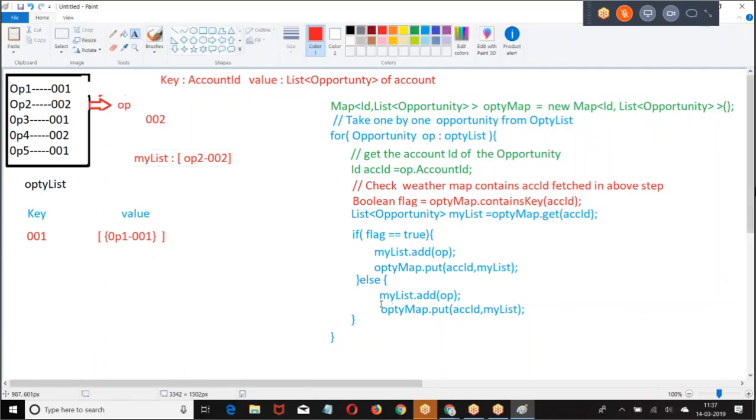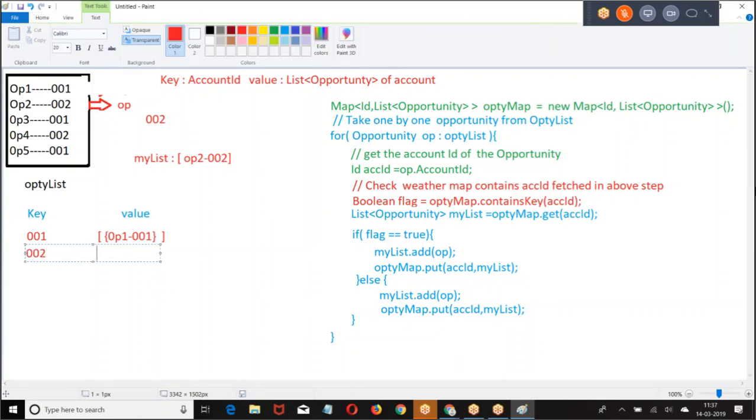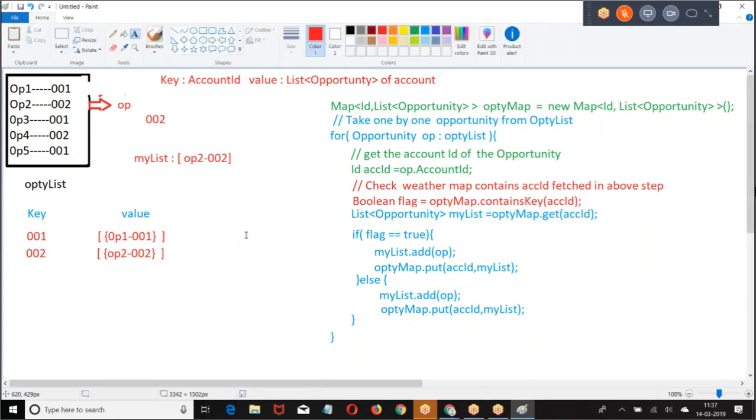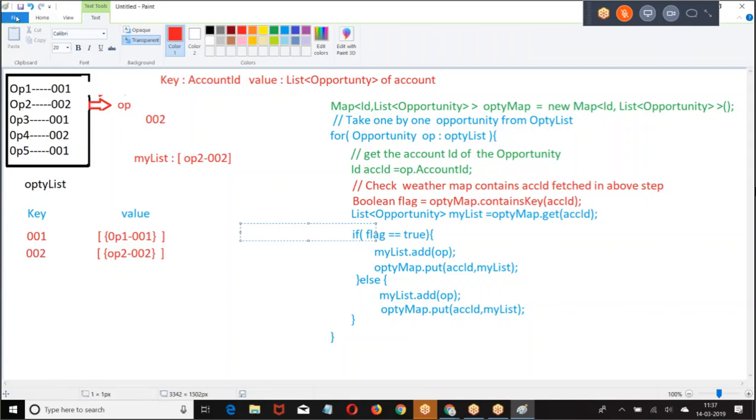Then I told OptiMap dot put ACC ID. What is the value of ACC ID? 002, list array bracket. This is how we got it. The next,